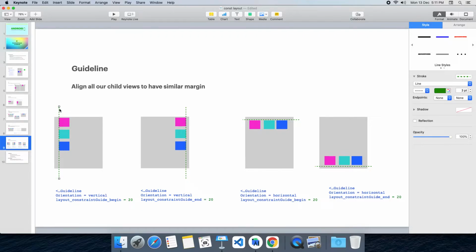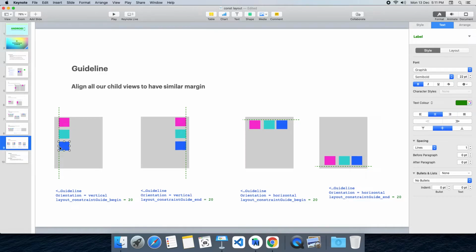Just create one guideline. This guideline is going to take the margin in pixels. So here what will happen, if you set this to 16 dp from the start of the screen, it will be rendered 16 dp from the start of the screen, and then it will draw one guideline. After that, position all of your items with respect to that guideline.